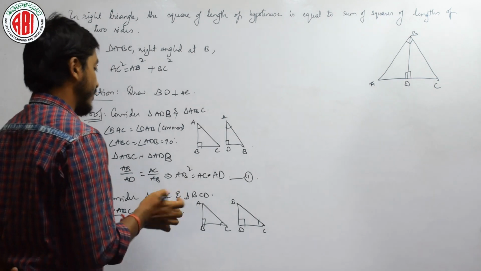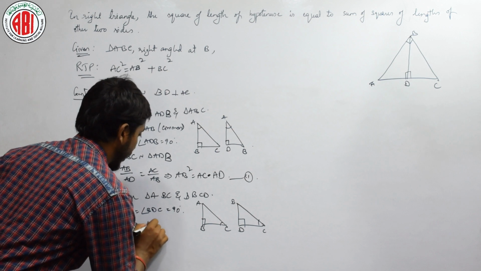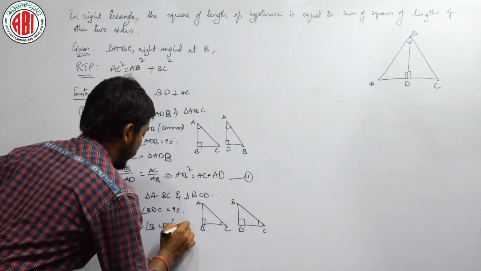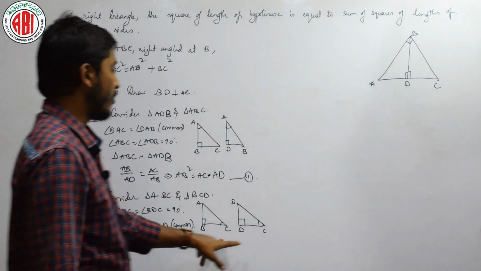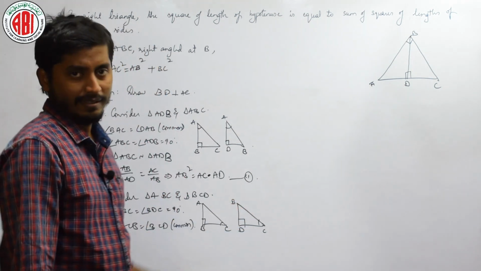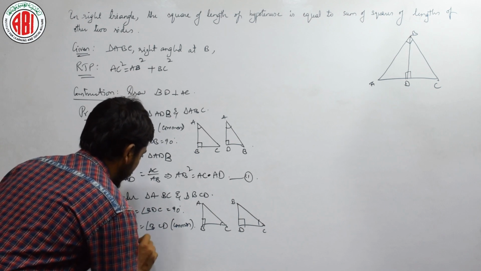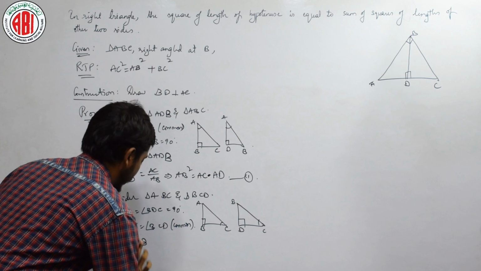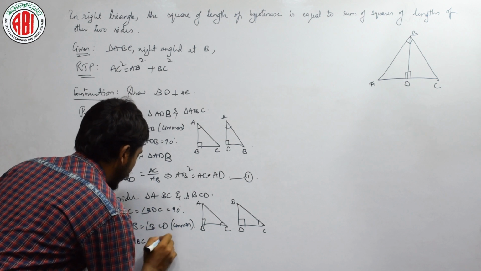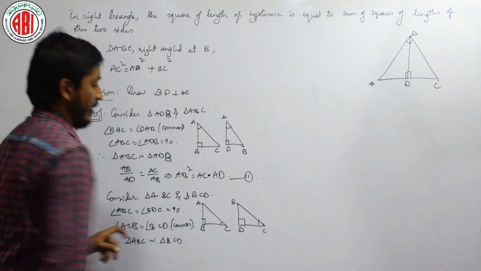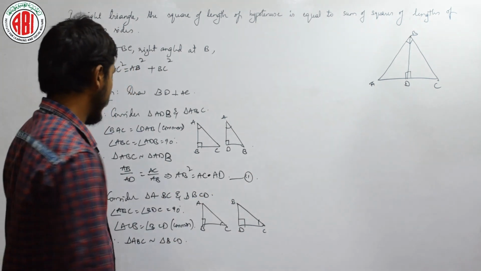Okay. And the second step, what is it? Angle ACB is equal to angle BCD, which is common, isn't it? By these two things, I can tell that these both triangles are similar to each other, isn't it? Now let us write the same thing. Therefore, triangle ABC is similar to triangle BCD, isn't it? See here, let us write BC by CD is equal to AC by BC, right.